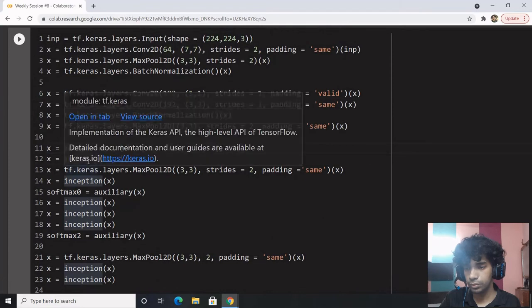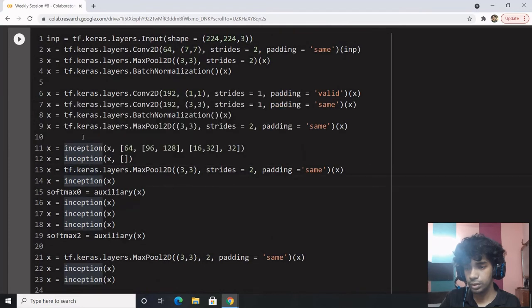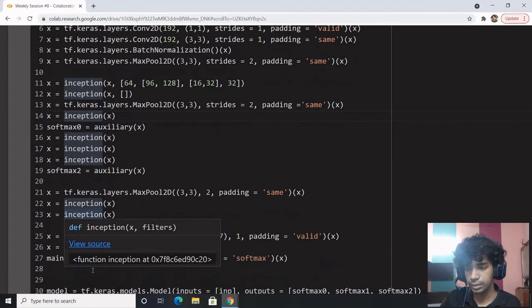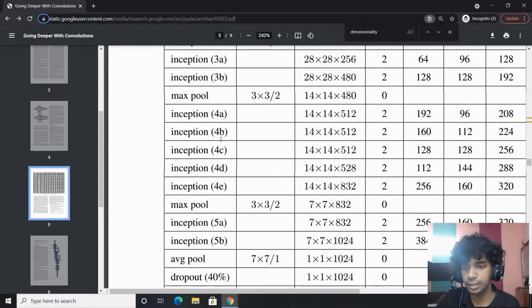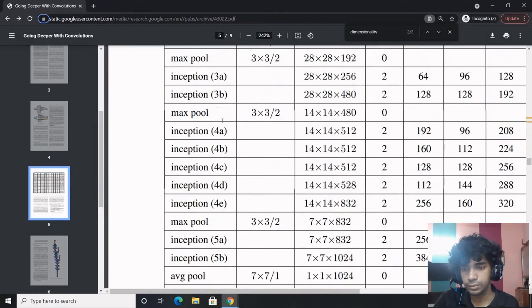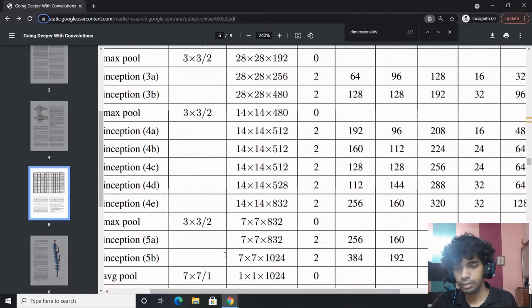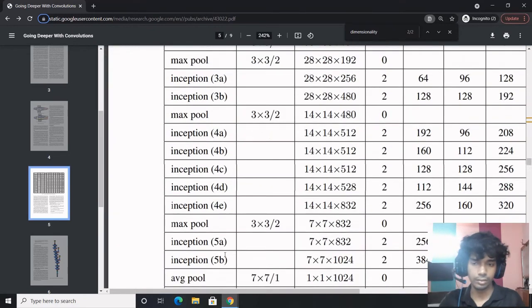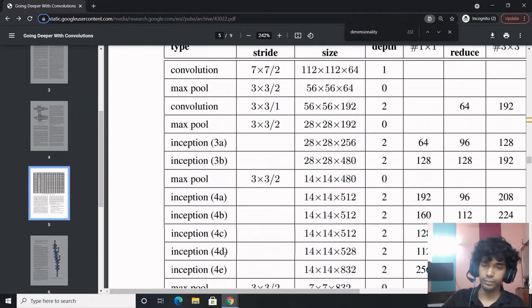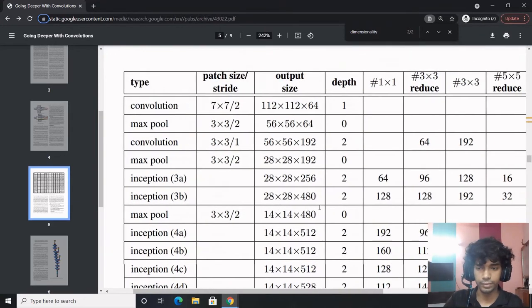We have 8 inceptions here, and how many does the diagram have? It has 9. Wow. Okay, we'll get to know which one we missed. That's not an issue. That will be rectified, not an issue.